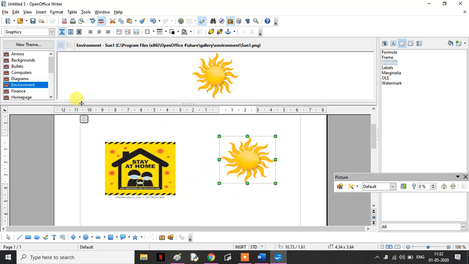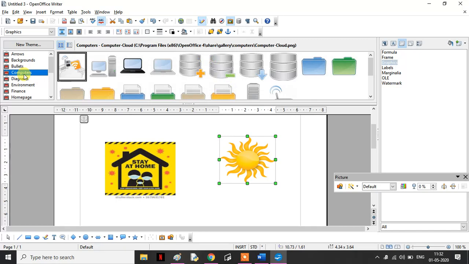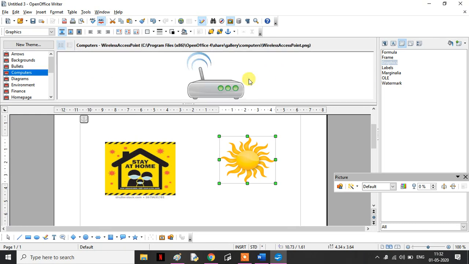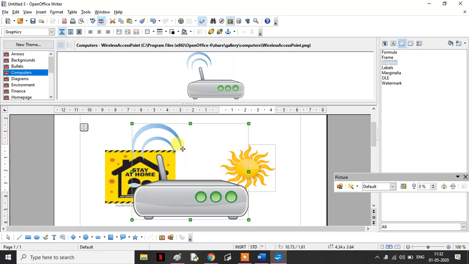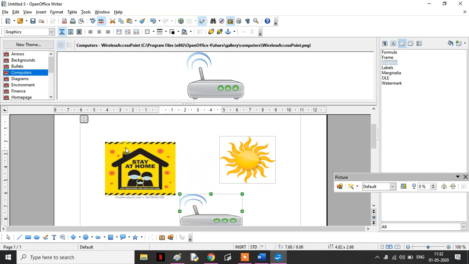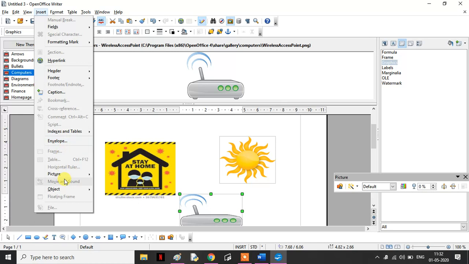Okay children, like you see, Computers is another category. These are the different pictures. Suppose I choose this, I drag it and put it on the document. So there are different ways of adding a picture. First, we added a picture from Insert: we clicked on Picture and went to From File.